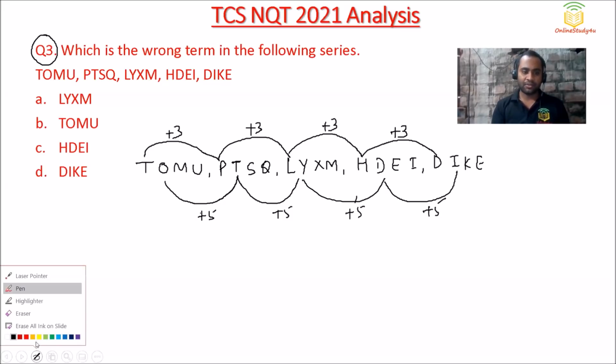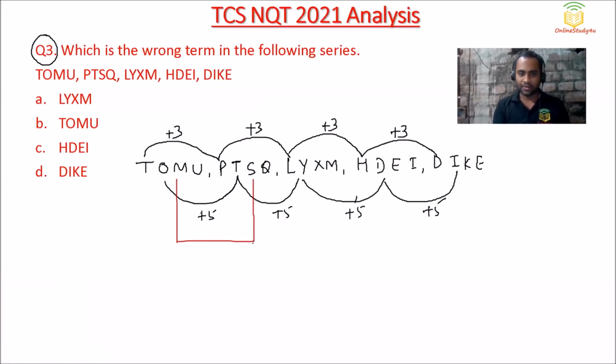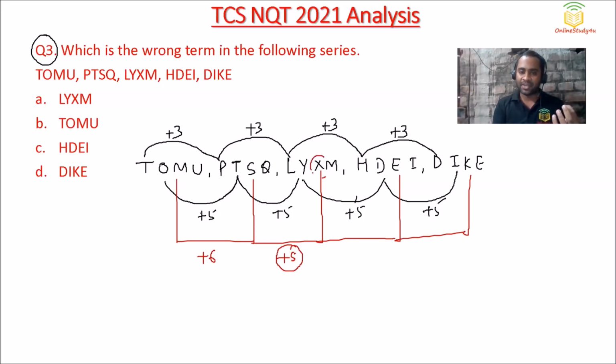Now the third one, here only we will find out a mistake. Let me just arrange it. Now M to S, so M N O P Q R S, so it is plus 6. Then S to X, so S T U V W X, so it is plus 5. So basically here it should be what? Here it should be Y. So here only this mistake is there. Here we are getting plus 5, but here basically it should be Y.